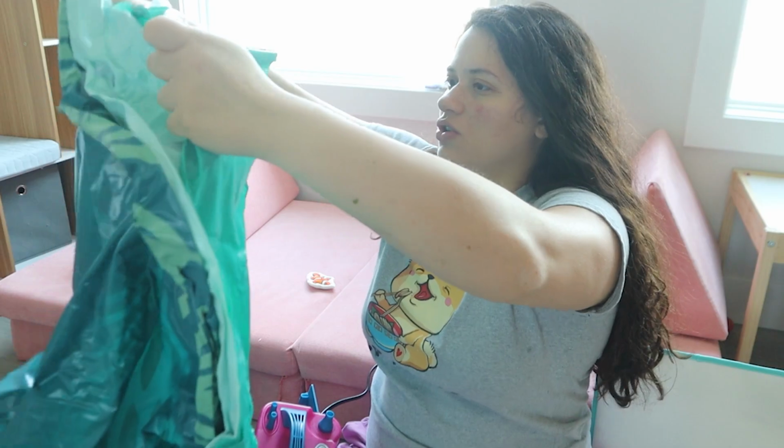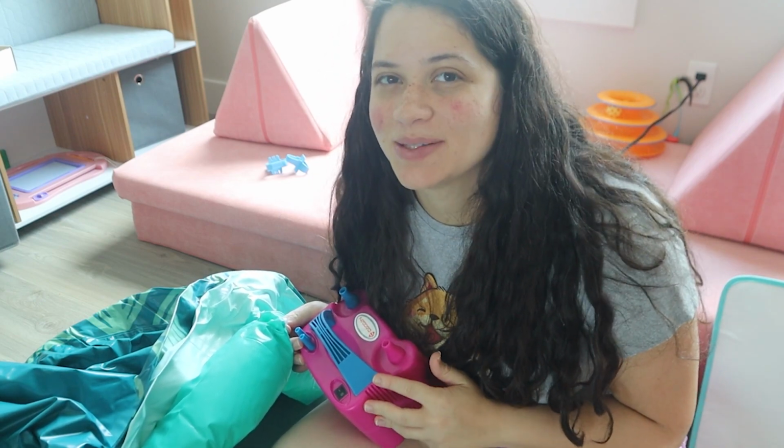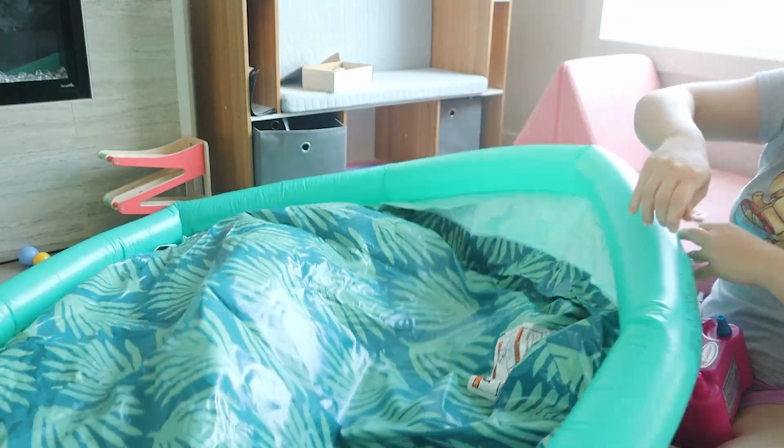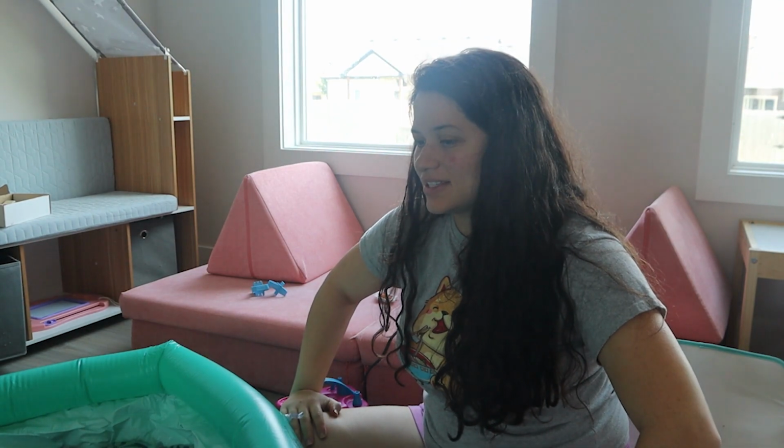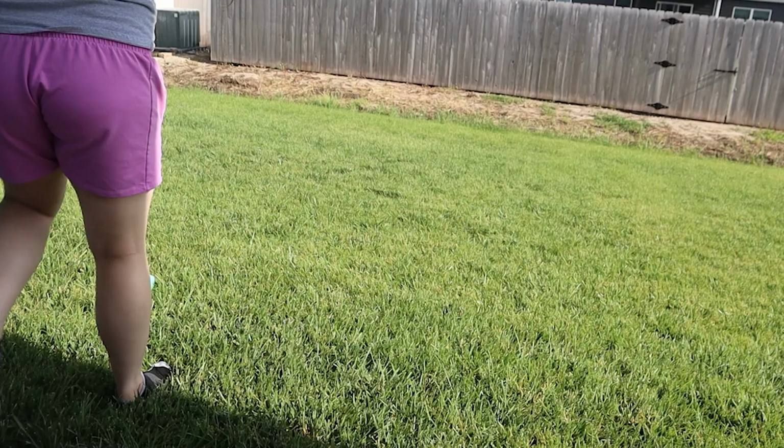Vamos a inflar esto. I'm pretty sure this is made to be done in short bursts because I'm leaving it on for a few seconds at a time and it's getting really hot, so I'm getting a little nervous. Word of advice, keep your hair out of the vents because it just sucked it in. My hair's long and look at the length of this now. It twisted it up and it's full of knots. I don't even know how I'm gonna work this. And now it smells like it's absolutely gonna blow up. There. This is really